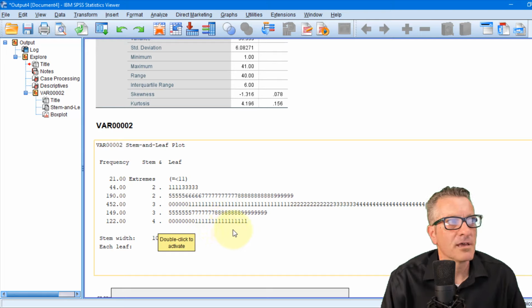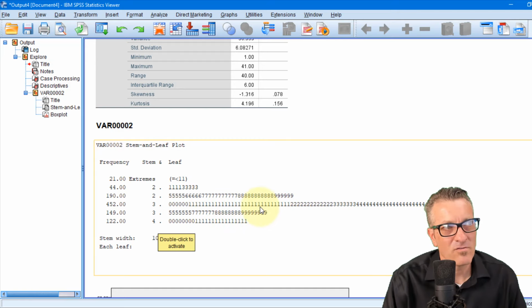And here's the stem and leaf, which takes a little bit of time to draw out. I think it's kind of neat that SPSS lists this out. But you can see just how this distribution goes right in the middle. There's a lot of values in this middle, and then it goes back down. So it talks about extremes. This distribution is kind of a strange distribution.